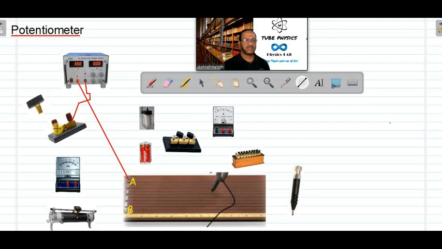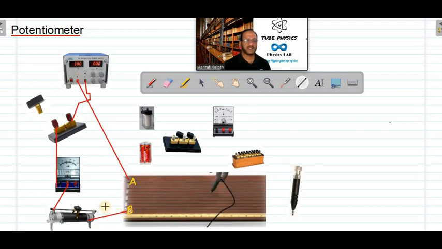Okay, then from the other end of the plug key, this is actually coming from the negative of the power supply. It should go to negative of the ammeter. This is an ammeter, so negative of the ammeter. This black is negative. Then positive of the ammeter to the rheostat, the upper terminal, okay, at this point of the rheostat. And from the bottom point of the rheostat, from the terminal here to the point B.